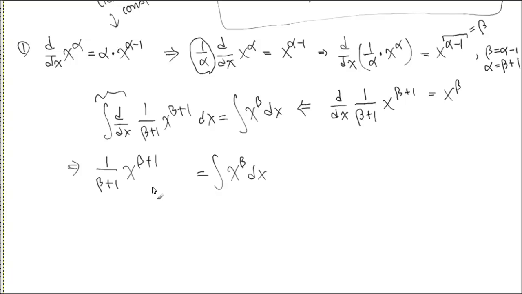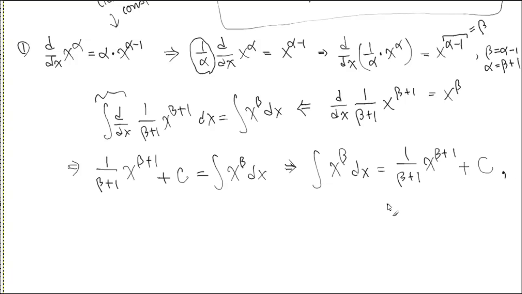Whenever you undo differentiation first and integral later, you have to add plus c in there, right? So we have a formula now. If you want to find the antiderivative of x to the beta dx, no matter what that is, the answer is 1 over beta plus 1, x to the beta plus 1, plus c. We found a formula. Just taking care of a constant multiple, we have a nice formula. Is that right? But this only makes sense when